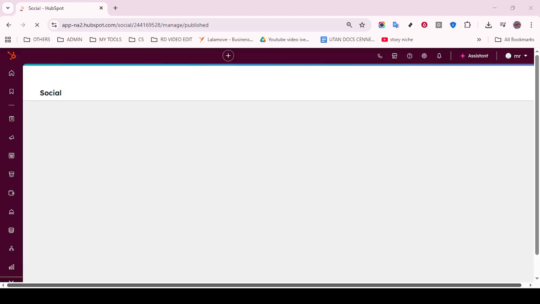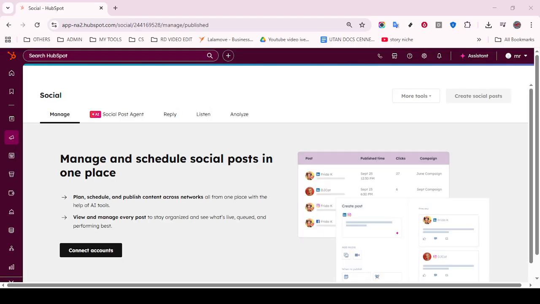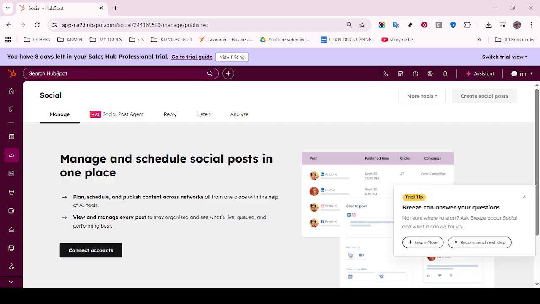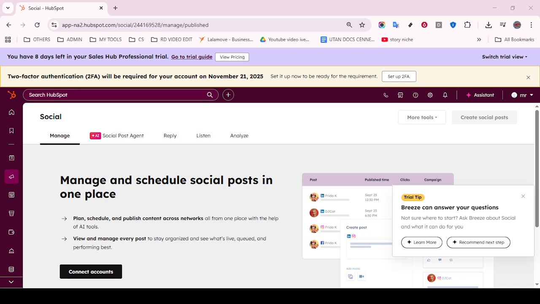First things first, you'll need to log into your HubSpot account. Once you're logged in, head over to the marketing menu. From there, navigate to the social section. This will be your centralized hub for managing and scheduling your social media content. HubSpot's interface is straightforward, but if you're logging in for the first time, take a moment to familiarize yourself with